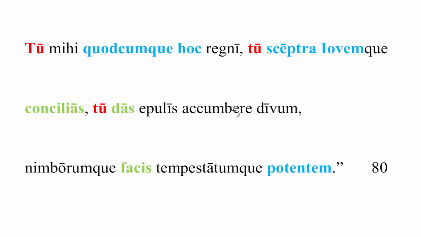So you grant me the power to recline at the feasts of the gods, and last thing, you make, and then we see here potentem is accusative, and the note suggests you understand a me. All right, instead of a mihi, it's a me. You make me powerful. And then we have two genitives, nimborum and tempestatum. So you make me powerful over the clouds and the storms. And that is where it ends.